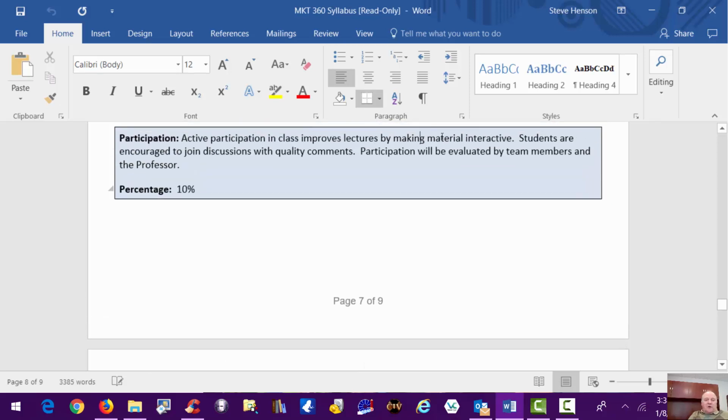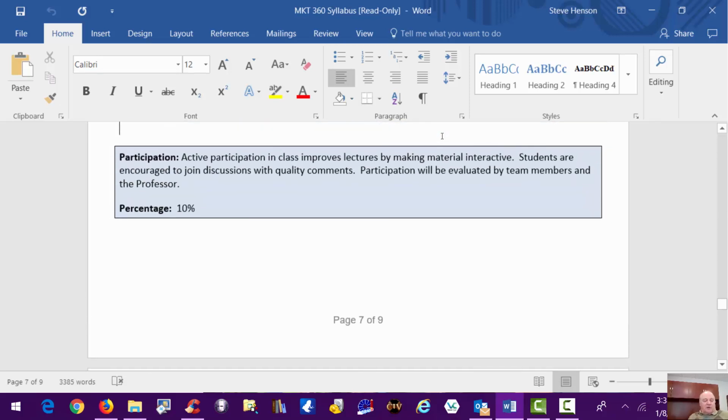And finally, 10% of your grade will be participation. I will evaluate you, but I'll also rely very highly on your evaluations of each other. I don't see everything that happens in groups. I see much of what happens in groups, and I almost never disagree with groups who give me feedback about other members of the group. And when I do, it'll only be in those situations where group members think someone is doing a better job than I've observed. Okay? So in other words, I go with the group evaluation unless I think you were better than the group did.